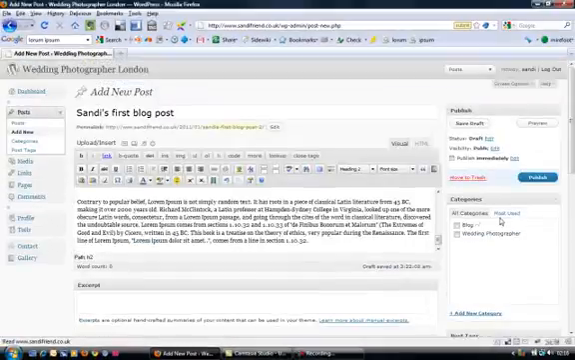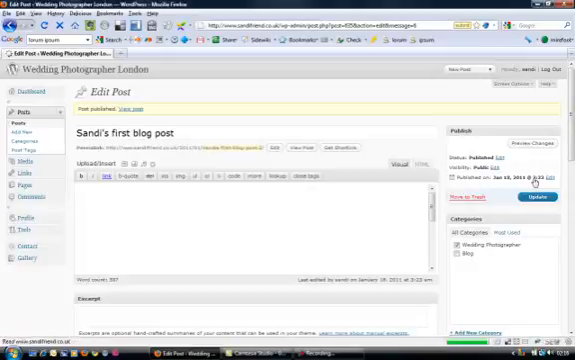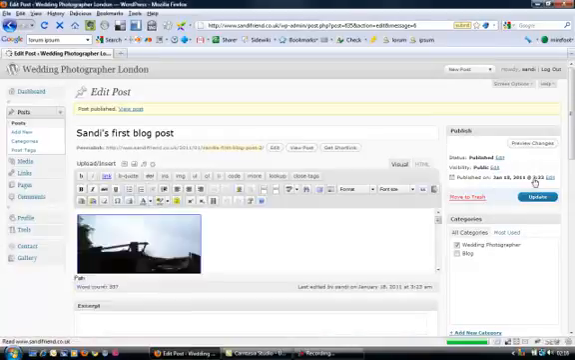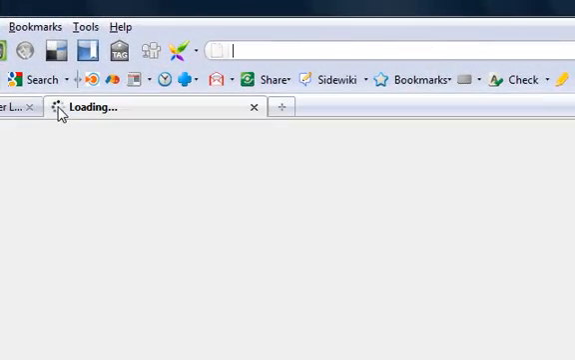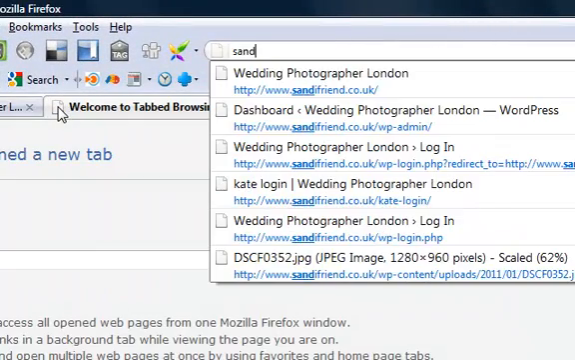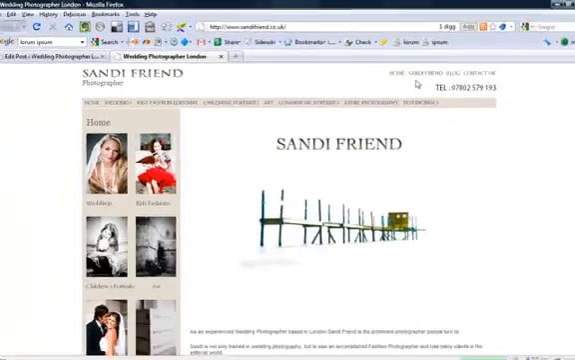Up on this side you need to select a category. You can add a new category by using that button there. I'm just going to select wedding photography and then publish. And if I open up a new tab, I go to Sandy Friend, click blog,